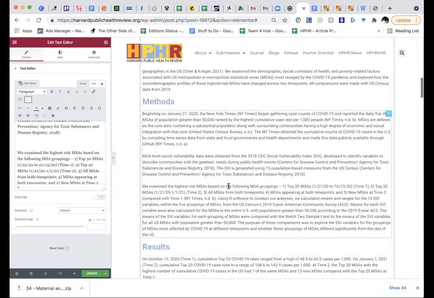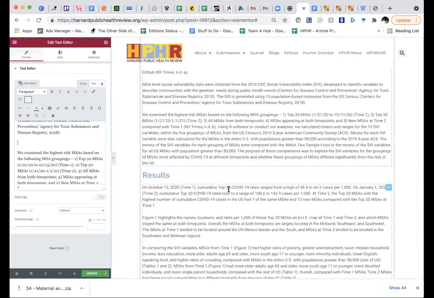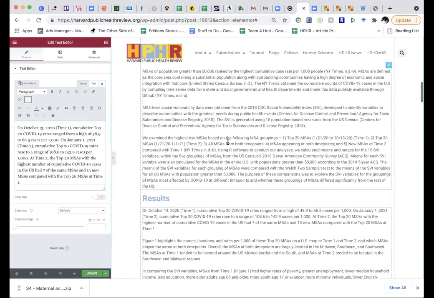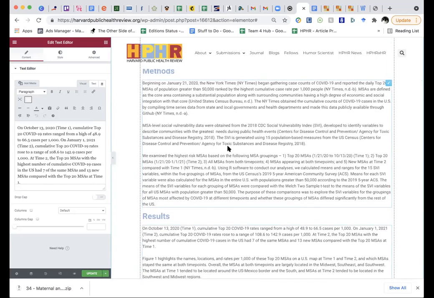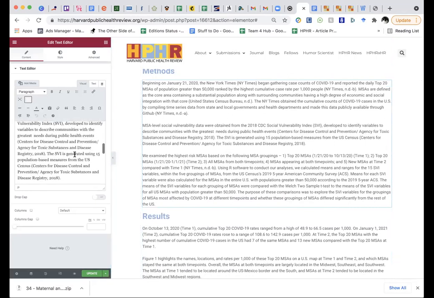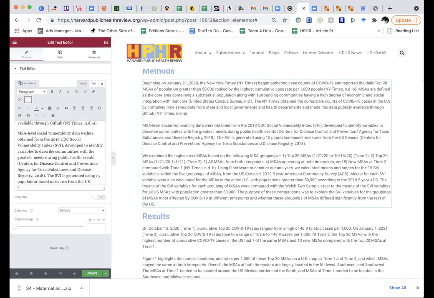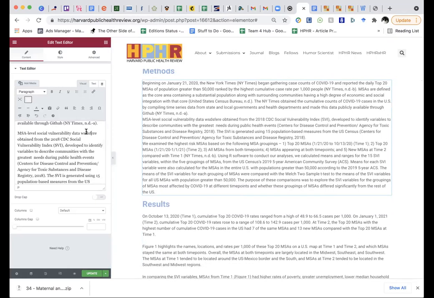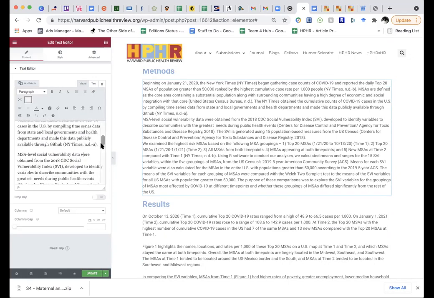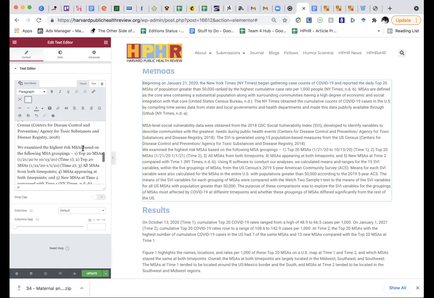If you lay this out and you go to another section, you'll see that it retains the paragraph breaks. If you return to a section and you do anything to it, you'll notice that it removes your breaks. At this time, I do not know how to work around that other than to code them in, but that is a little bit much. So you just have to re-add it.